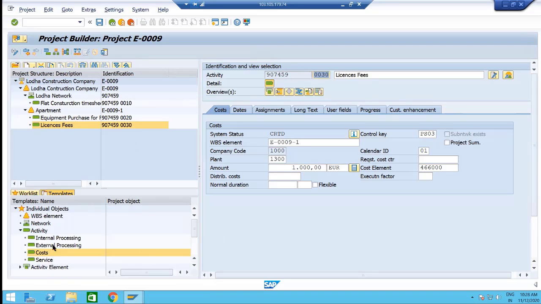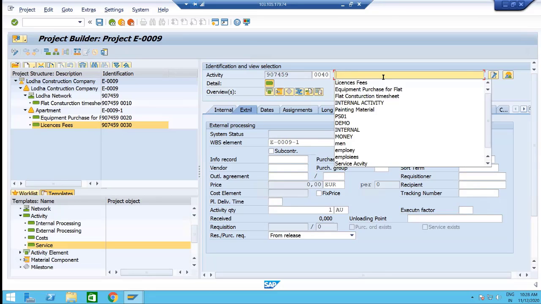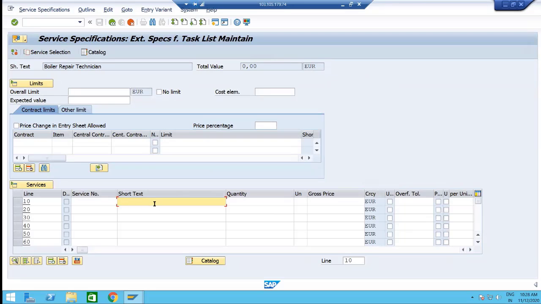In the same way, the service activity. When we are doing the service activity, and you purchased some machinery, there was some problem with that. Boiler repair, pay technician. So here I will give